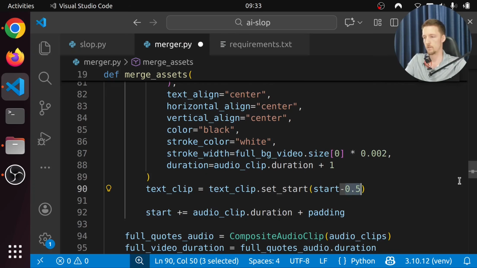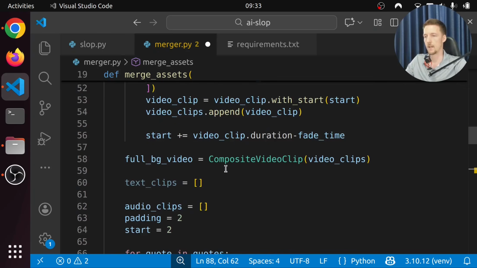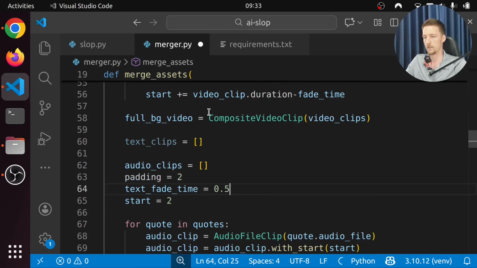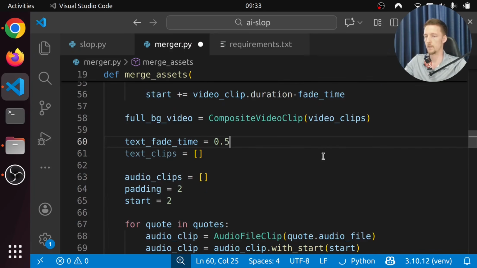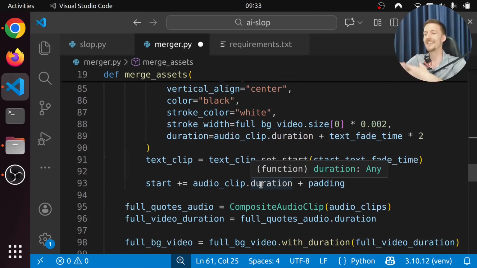Maybe we should say that this is the text fade time. So we can say here text fade time times 2. And we can define text fade time, which is going to be 0.2. But not here, we're going to define it down here. Or maybe even here.